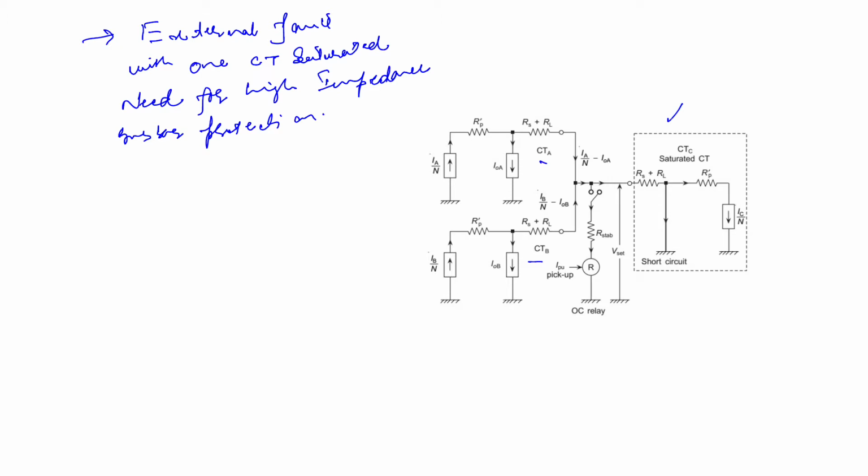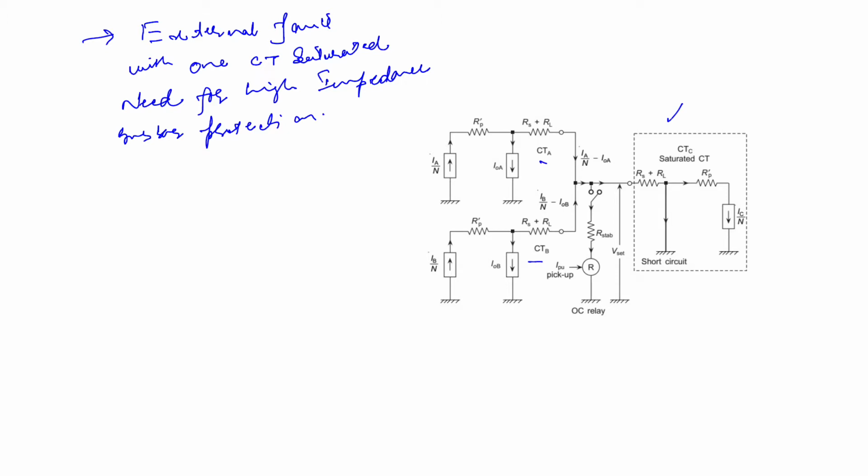The figure here shows the equivalent circuit as seen from the CT secondary, the equivalent circuit that we discussed in the previous module. For simplicity, all the leakage reactances we have neglected. From this figure, it is observed that the current IA divided by N minus I naught A, where I naught is the magnetizing current, and IB divided by N minus I naught B sum up,